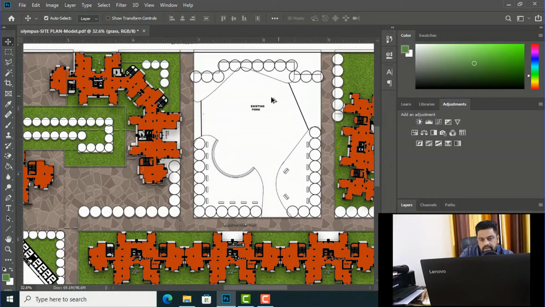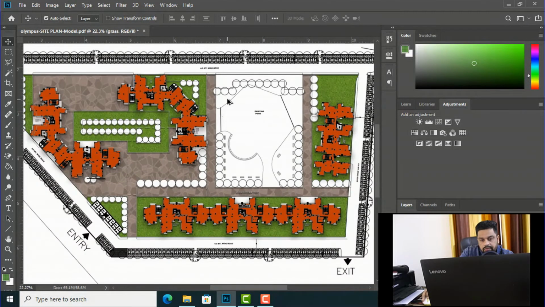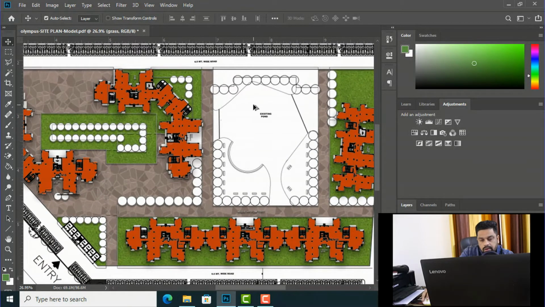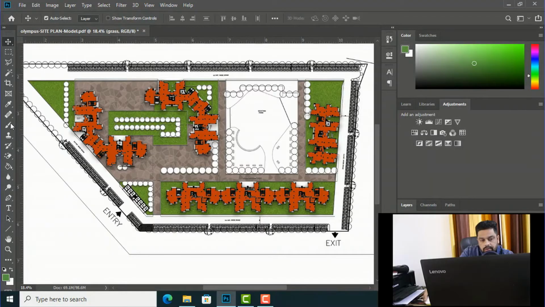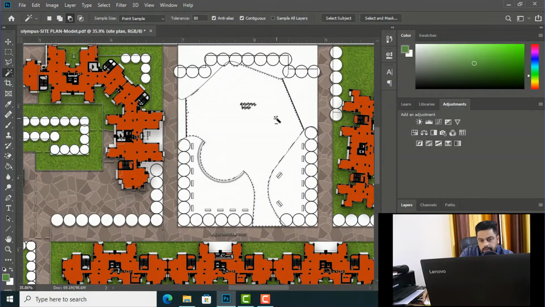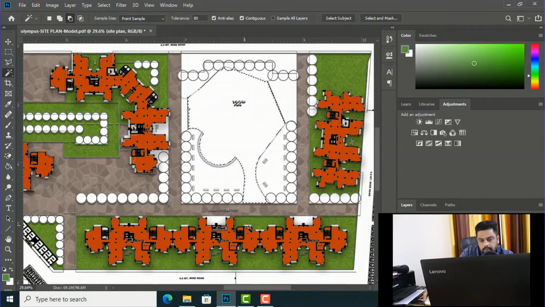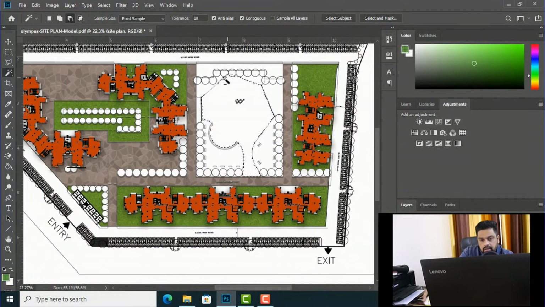Now this is the existing pond on this side, so I'm going to apply water texture for this, so I'm going to select magic wand tool here, and I'm going to select this side plan again, and I'm going to hatch this with magic wand tool, and this is the pond area and these are the pavement or grass area. So I'm going to first create a layer for this again, and I am going to rename this as pond,